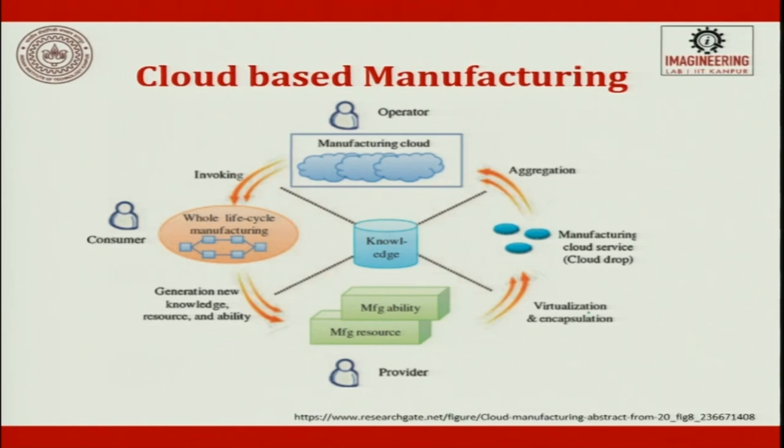Then virtualization and encapsulation happens in the cloud and the aggregate is given, and this is the cloud manufacturing data which is available and can be used. So, this is where the knowledge is. Data is converted to information, and information is converted into knowledge. So, this is what knowledge is. Data will be more; from that extracted data you get information, and from several pieces of information you get knowledge. So, knowledge is a compact way of storing a large amount of data points.